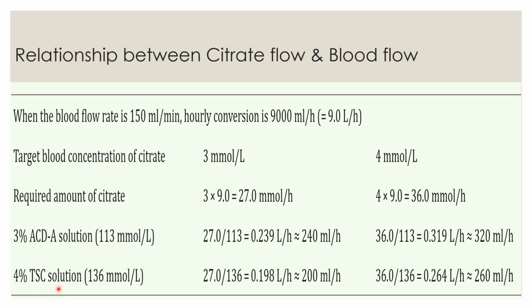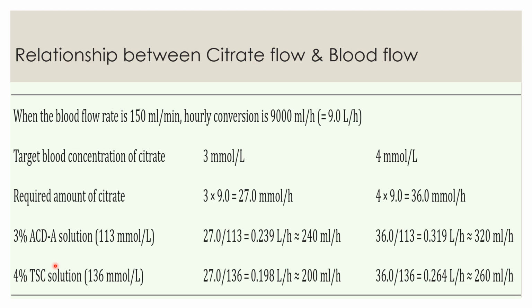The ratio of 4% TSC solution to blood flow is about 1.33 to 1.73. The lower value indicates target citrate concentration of 3 millimole per liter, while the upper value indicates target citrate concentration of